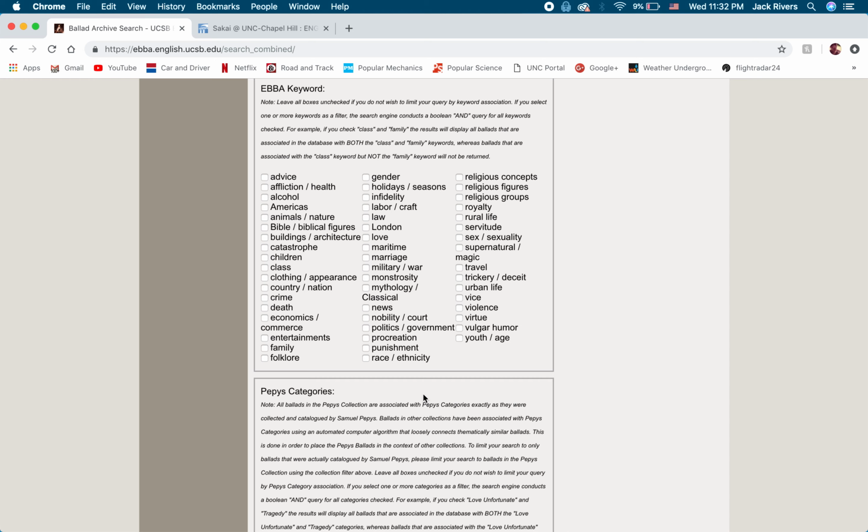Interestingly enough, it's not that far away from law, and love and marriage. Monstrosity. I'm not entirely sure what that category is. I want to say it's about monsters, but I don't really know. Servitude, trickery, urban life, vice, vulgar humor. That might be an interesting one, but